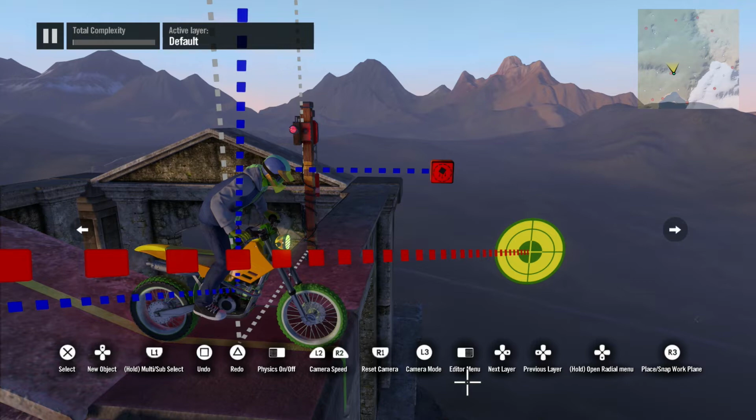This is a very important lesson for anyone who wants to use physics in your tracks. The way physics works in the Trials Rising engine is that objects with dynamic physics will only have the physics activated when they are within a designated area. This area is an invisible bubble that follows the rider, but like everything else in this game, you can adjust